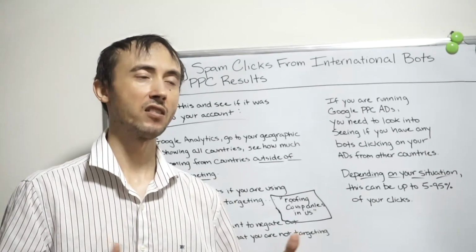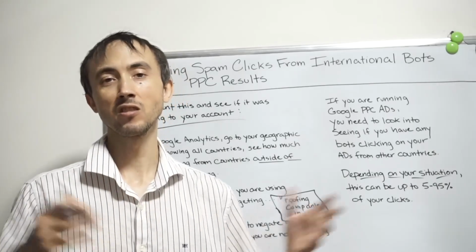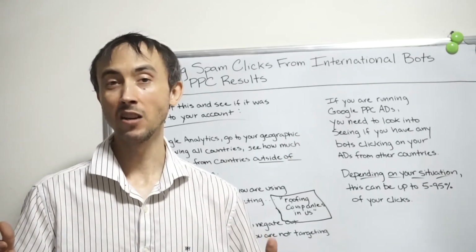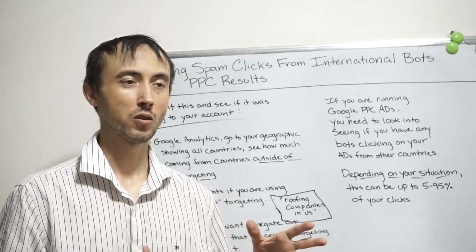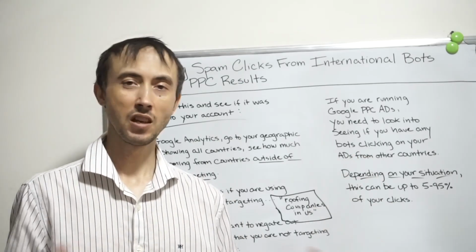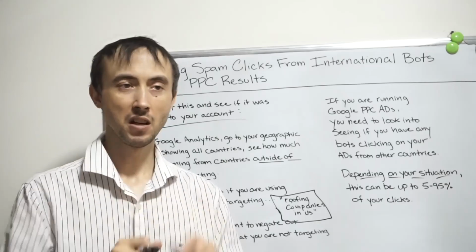It's just a pain in the ass to be able to add 190 countries as a negative location, which is another thing. If they're going to have a negative locations setting inside your Google Ads account, you should be able to easily exclude all other countries besides the US, but you can't. You've got to manually add Afghanistan, Armenia,